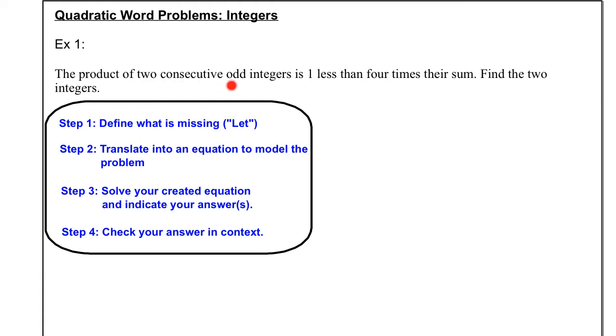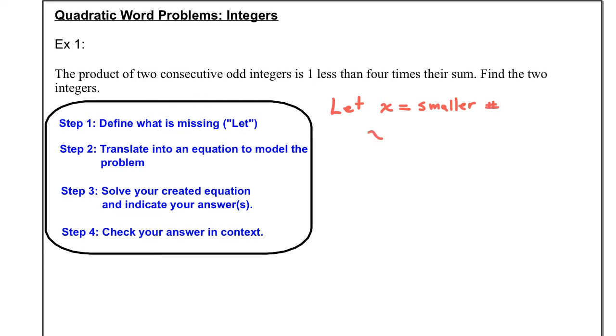We're told the product of two consecutive odd integers is one less than 4 times their sum. We're going to find both integers. So you can copy down the steps on the left if you like. I'm going to start with our let statements. Basically, any problem where you're not told the variable to use, it's a good idea to introduce your variable, saying, hey, I'm going to use x, and this is what x means. So I'm going to call x my smaller number here,